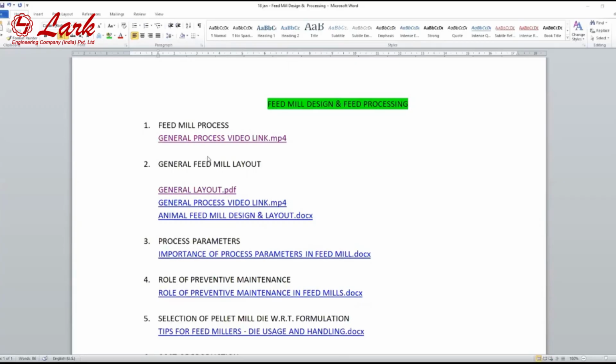The next process is the feed mill layout. This is a general layout of a feed mill. For an ideal, let's say 10 ton per hour feed mill,